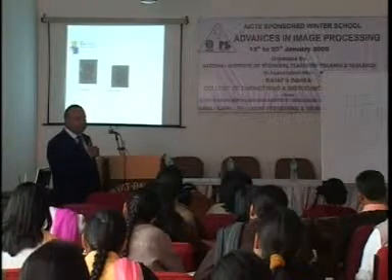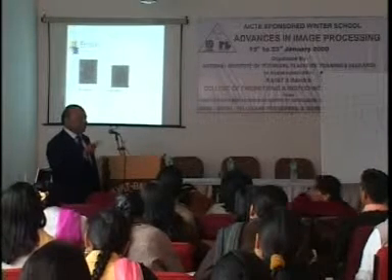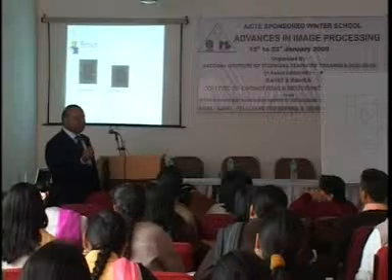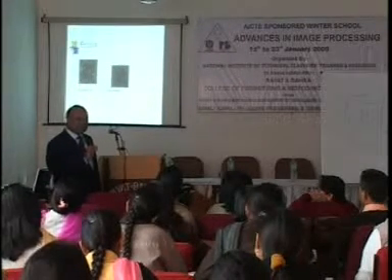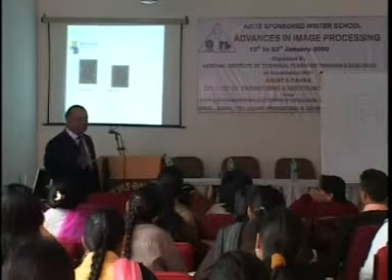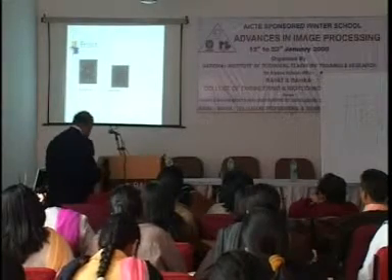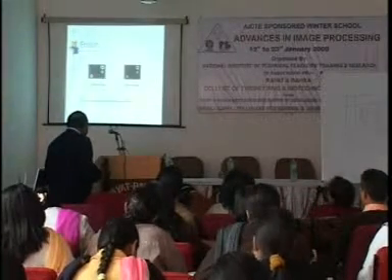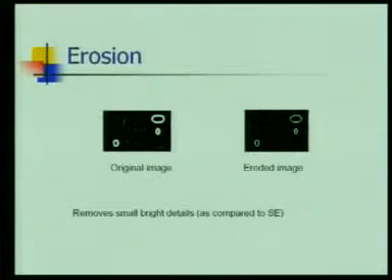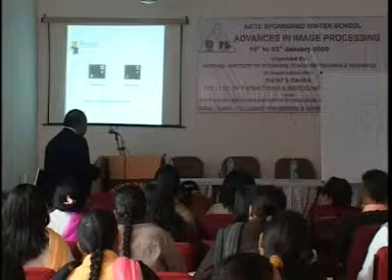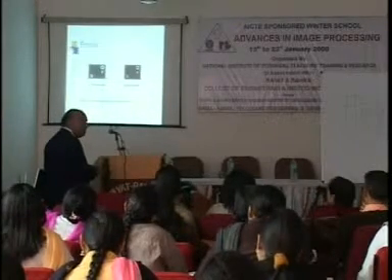So far what we have done: elements which were smaller, we dilated; elements which were smaller but white, we just made black, we just removed them. Now we will see how we will use these two techniques. In erosion you will see, this is the eroded image. I am interested in these three dots. The rest I have removed. These are the three dots.